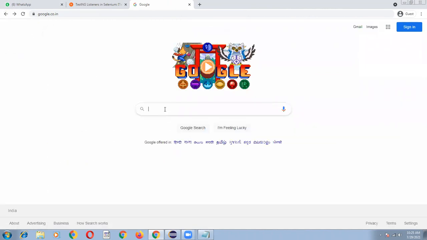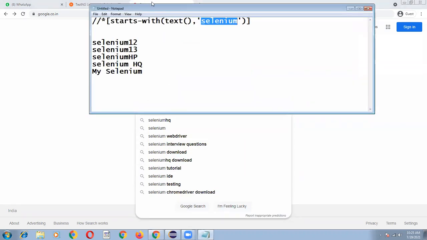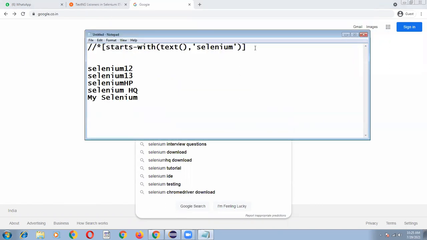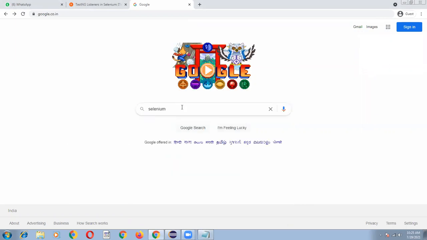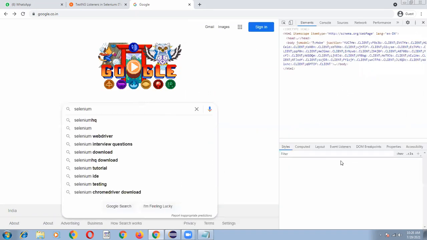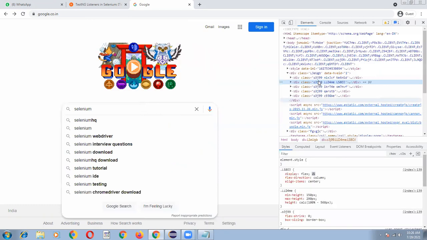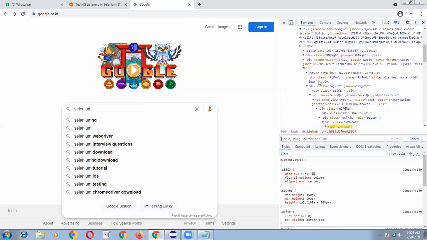So from the available keywords, I want to select one keyword. First of all, I have to know how to write the XPath. I have this one. If you understand this XPath, you can write this program very simply. So let's copy this XPath, Control C. Let me inspect. Control F, Control V. How many is it showing?